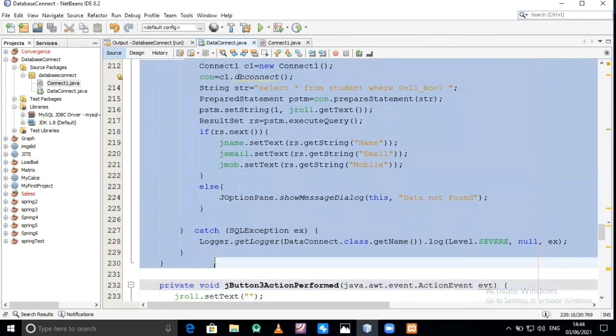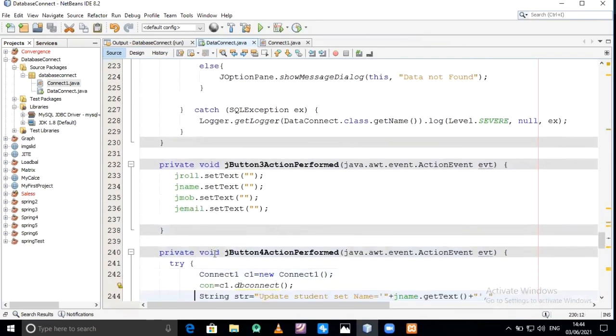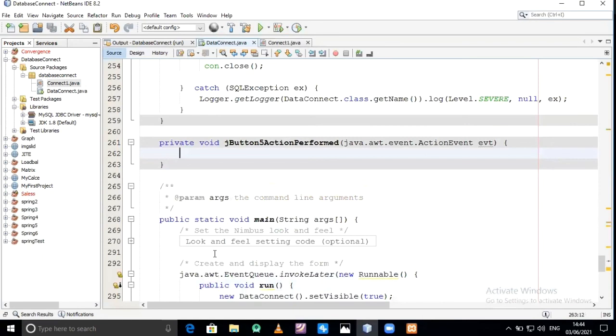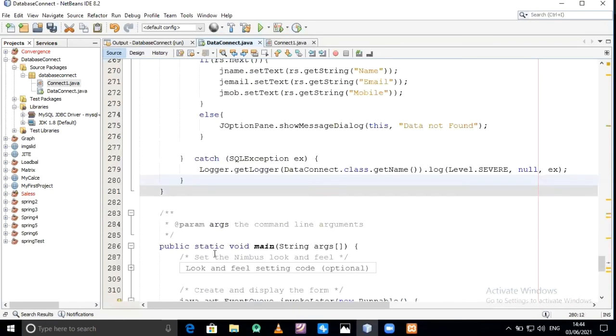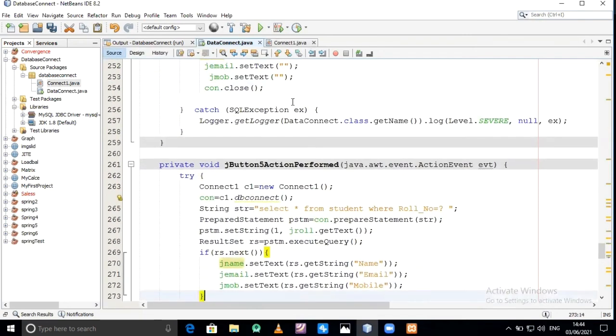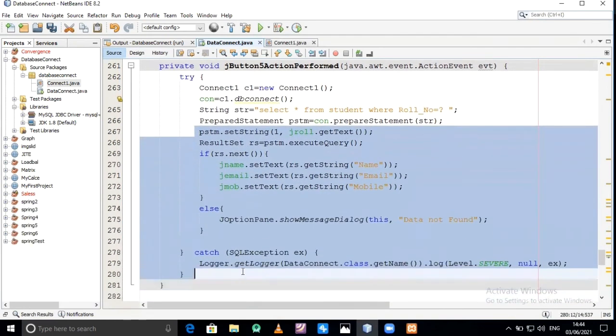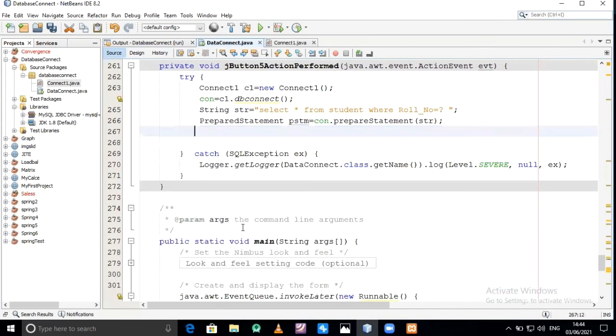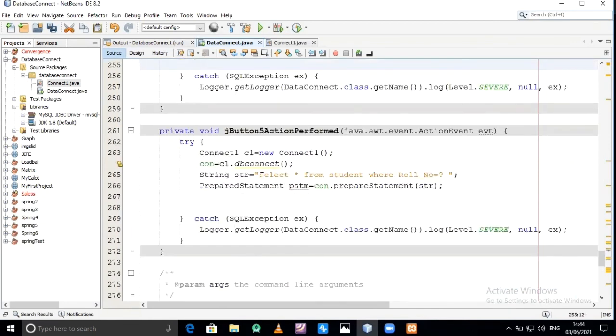Copy this and paste in this button action. It doesn't require this, delete. It also doesn't require this because select command is already executed.